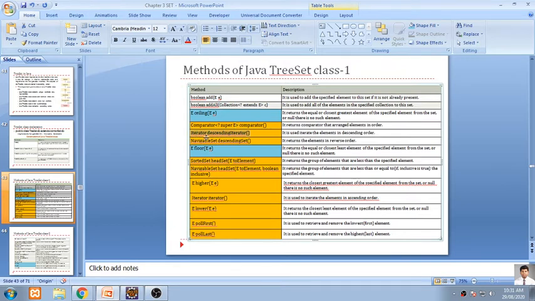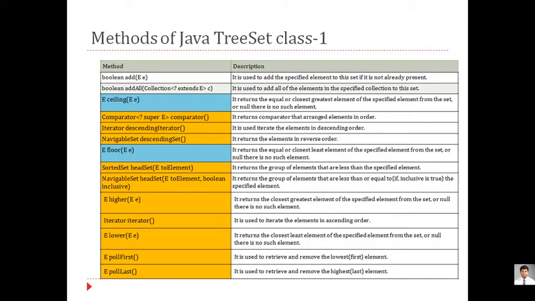Now this is one way of displaying any element. By default, any tree set is displayed in ascending order. By default, iterator is displaying the elements in ascending order. To make it get displayed in descending order, we are using a function called descending iterator. You know everything. We have gone through this example many times.